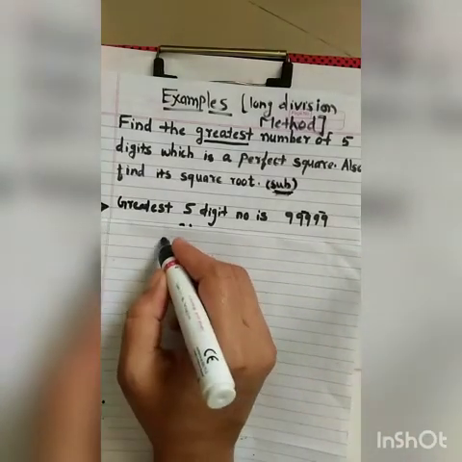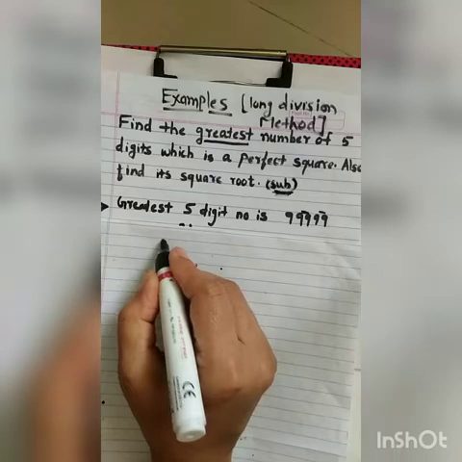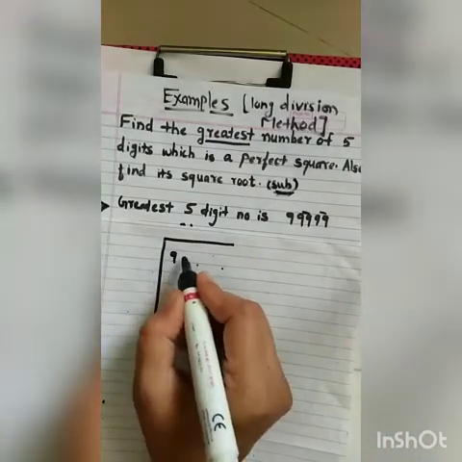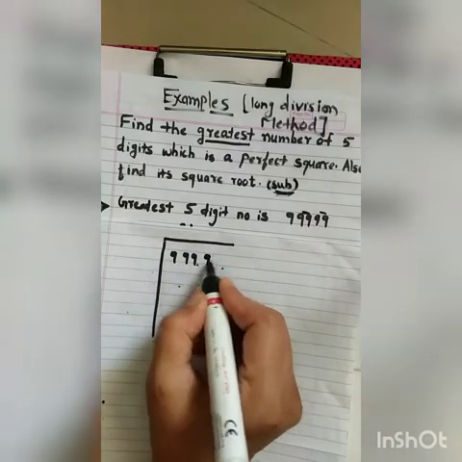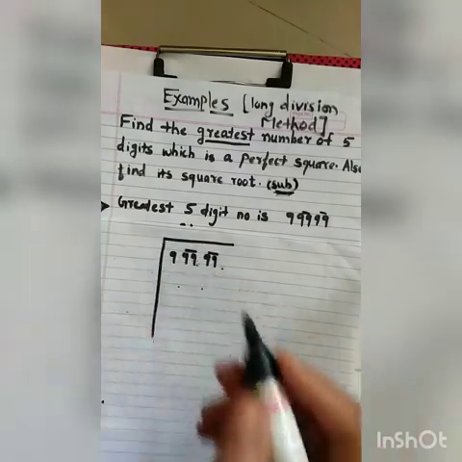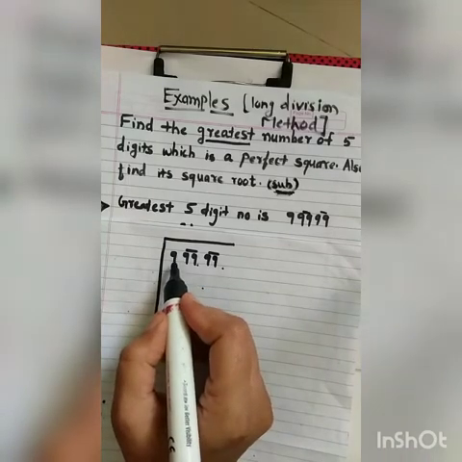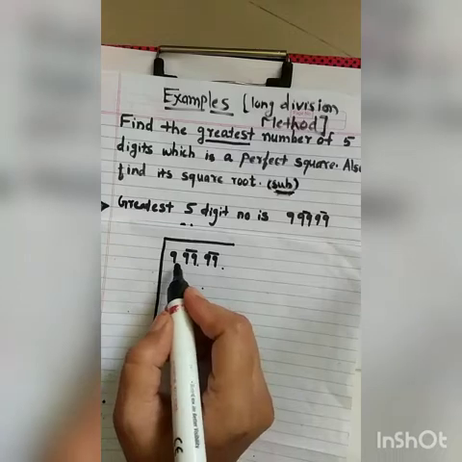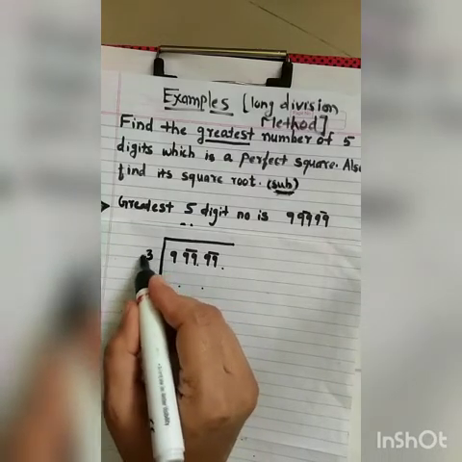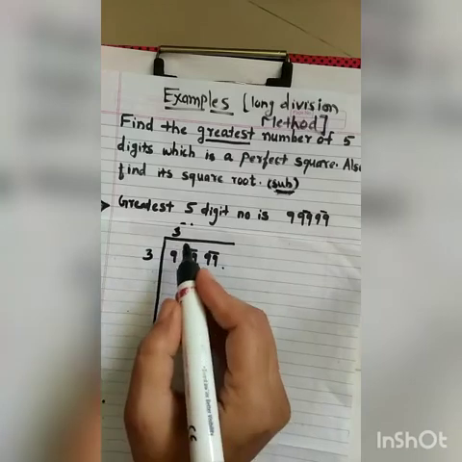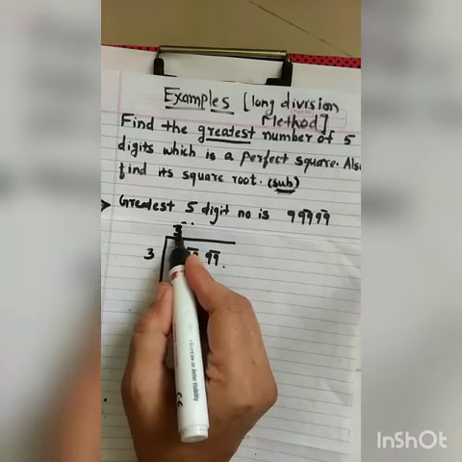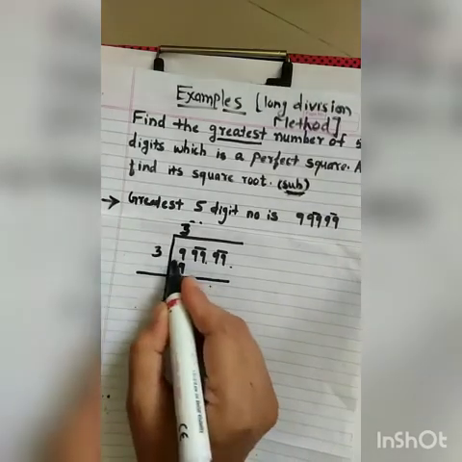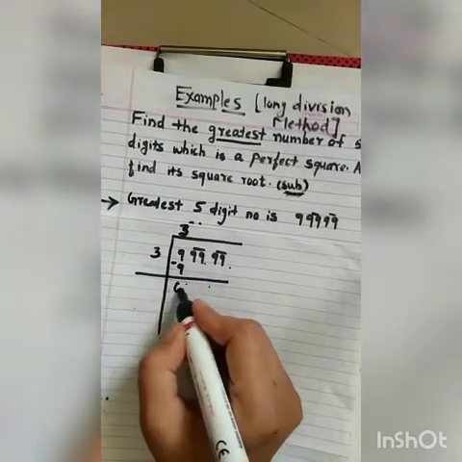Now we have to write down this number and solve it with the help of your long division method. Pair. Now your first step is to write the square number nearer to 9. As we know, 9 is a perfect square number. So we know that 3 3s are 9. 9 minus 9 is equal to 0.